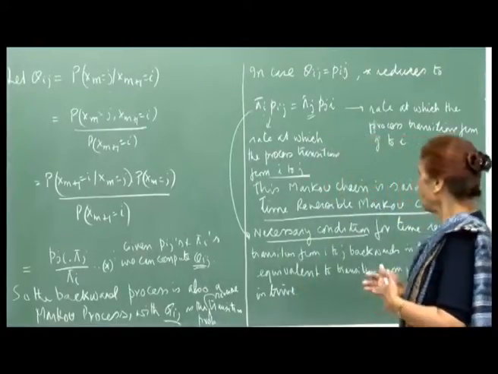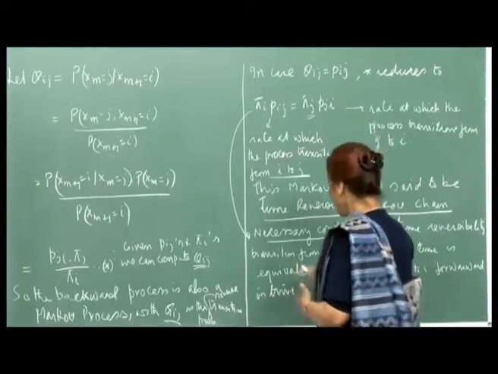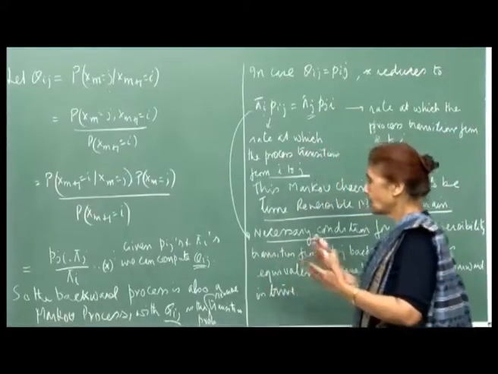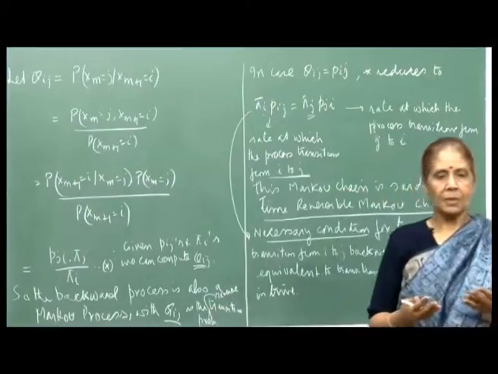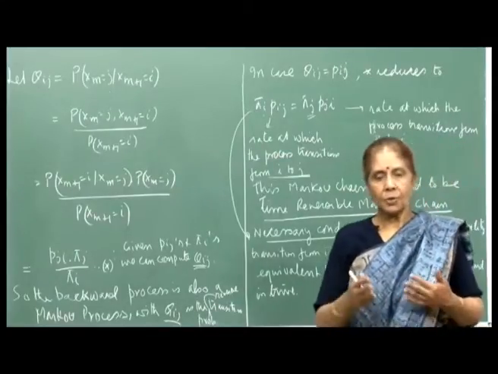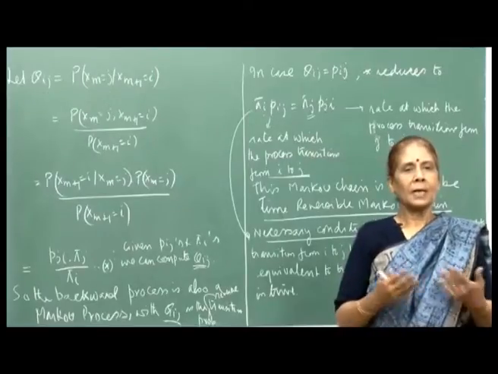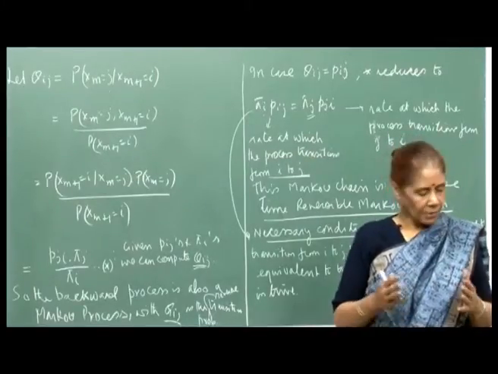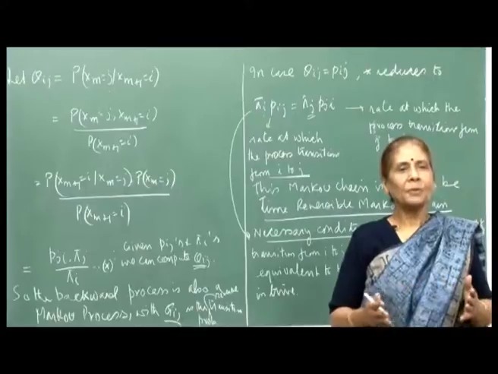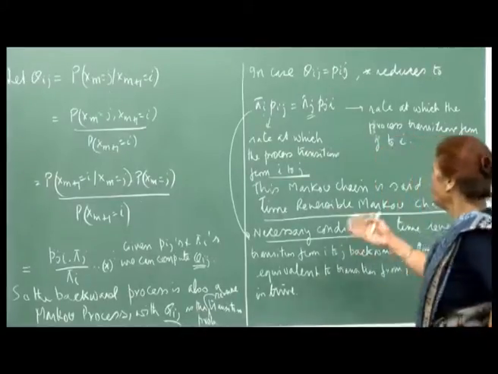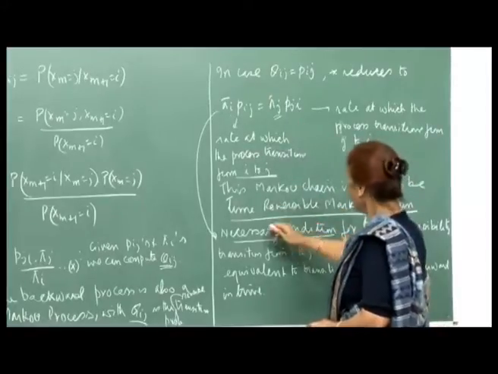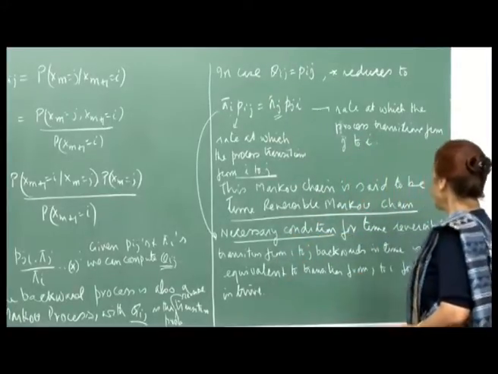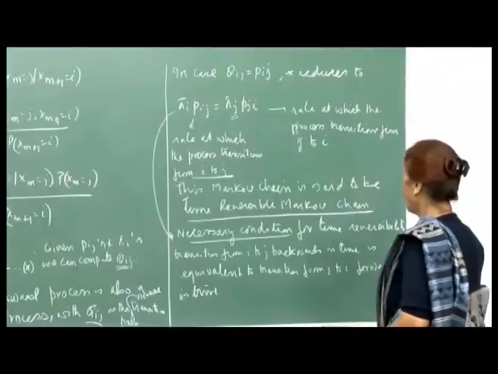If the tape has captured the process of a Markov chain which has the time reversible property, then whether you play the tape forward or backwards, it will look exactly the same. You will not be able to make a difference, because the rate of transitioning backwards and forwards is the same, right. And this is the necessary condition for time reversibility.